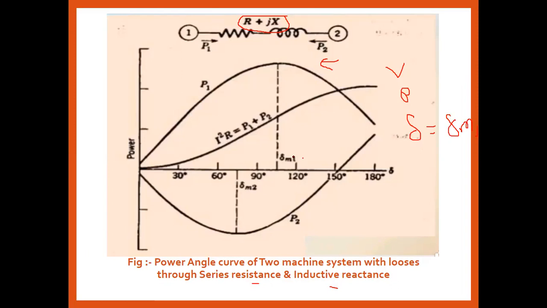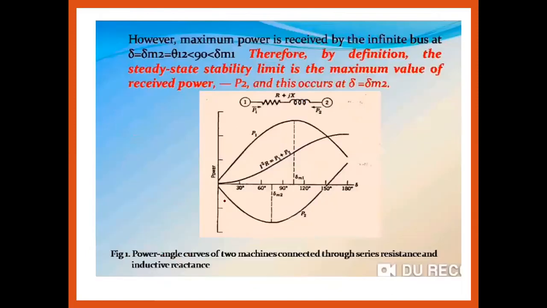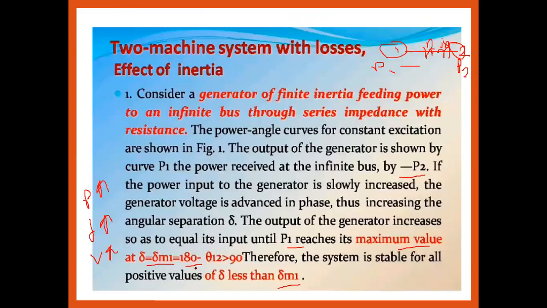That is nothing but del m1. Okay, what is the value of that? It's nothing but 180 minus theta 12, which should always be less than 90. Therefore, for the system to be in the stable condition,